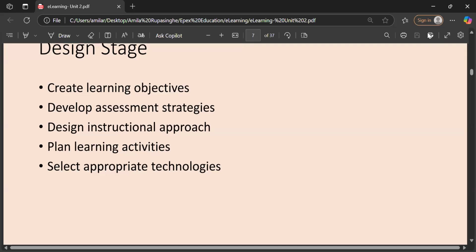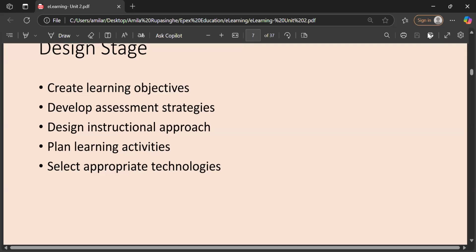Approach here means way of teaching, your pedagogy, your methodology, whether it is child-centered, teacher-centered, problem-centered or experience-centered, right? Whatever approach that you are going to use. Plan learning activities, through that approach, to give learning experiences.